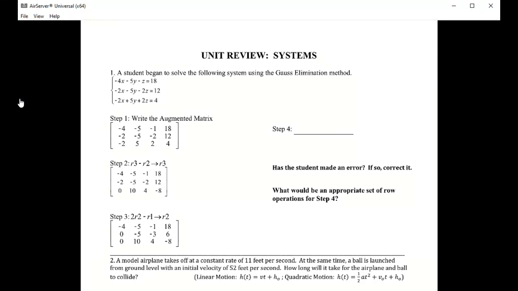All right, take two. So hopefully this time I have my microphone not muted like I had on the first